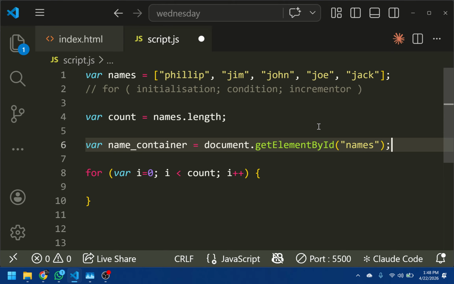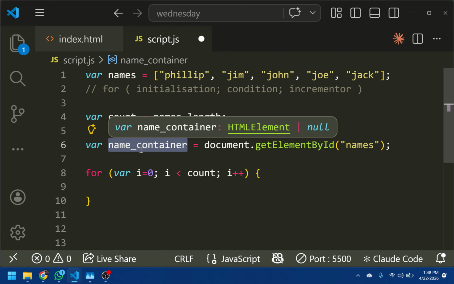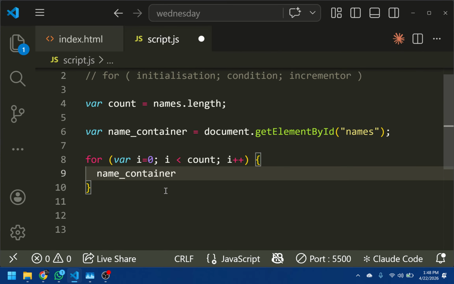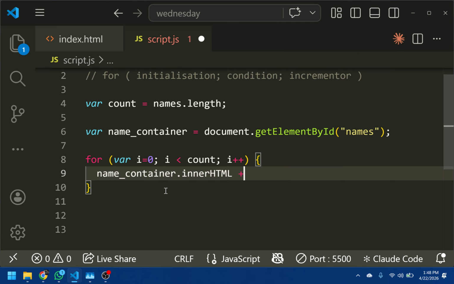Just to confirm, I've shown you this before, right? You're familiar with this already? The document.getElementById is how we locate and store a particular element that exists in our HTML to be accessible and usable in our JavaScript. So I've searched my document for an element that has an ID of names, and I've stored that element inside name container. So now I can manipulate that container, or that div. I can say name container.innerHTML, and I can set it to plus equals